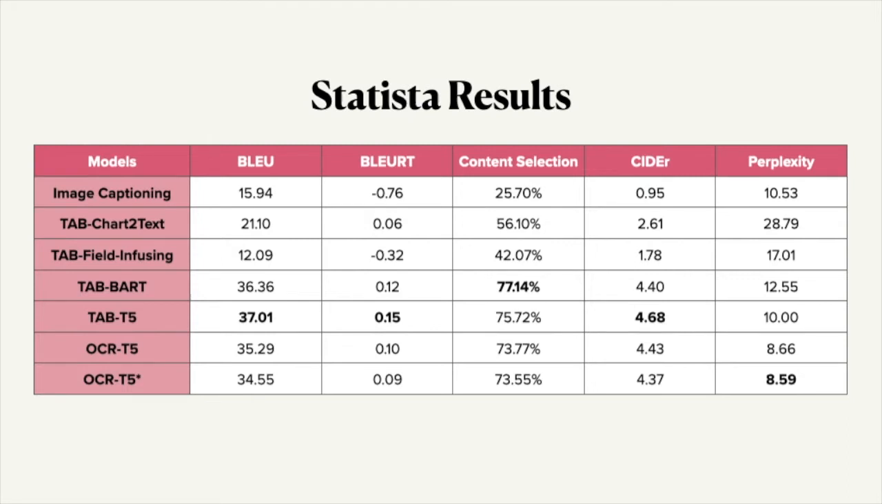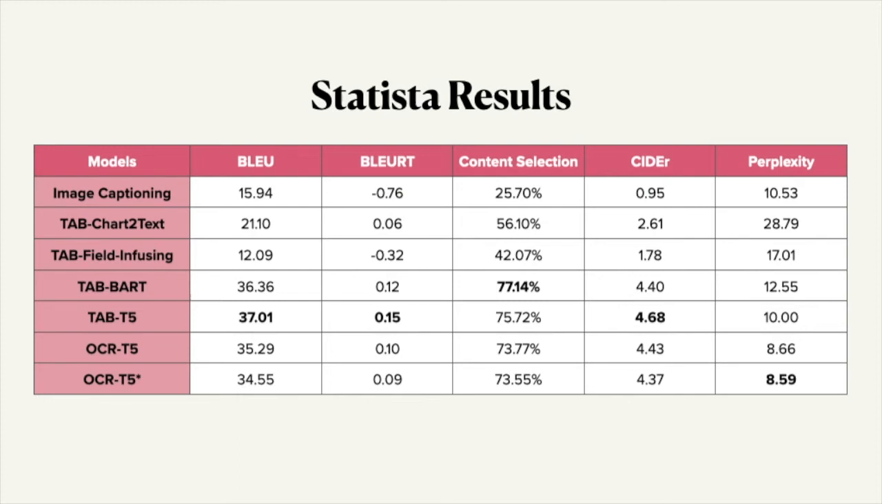First, let me give a little bit of explanation about the notation. The TAB prefix indicates that the model is fed the underlying data table of the chart, whereas the OCR prefix indicates that the model is fed the OCR extracted text of the chart. For the OCR models with the asterisks, they are also fed the bounding boxes of the text. For the first model, the image captioning model, which is actually the Show, Attend, and Tell model, there is no prefix as the model is fed the chart image instead of the text. For all these metrics, a higher score indicates better performance, except for the last metric, perplexity, where a lower score